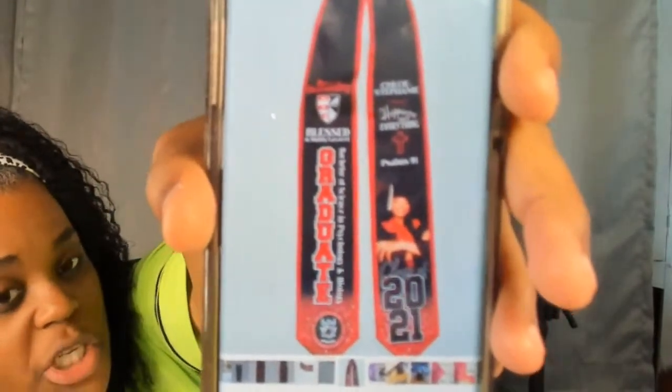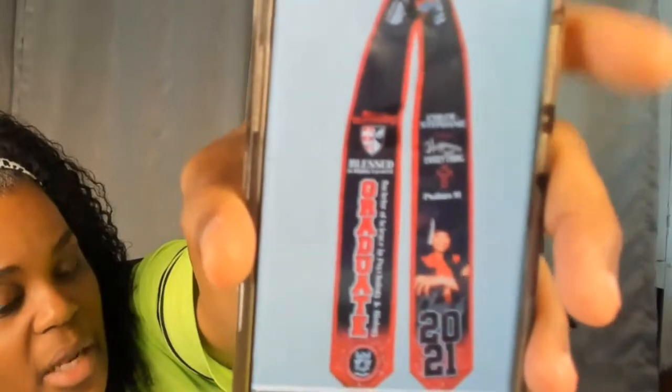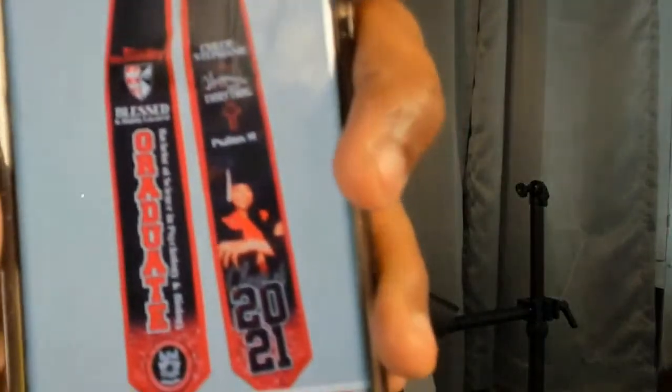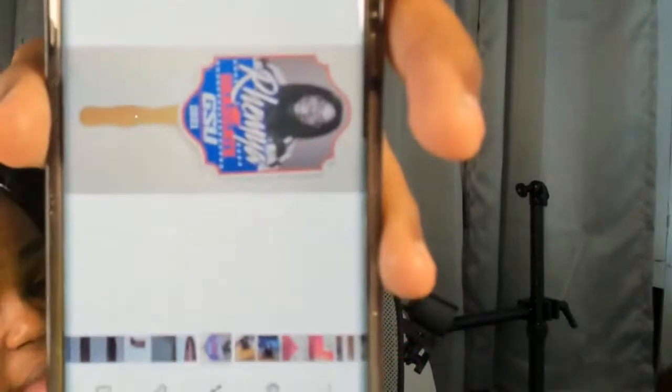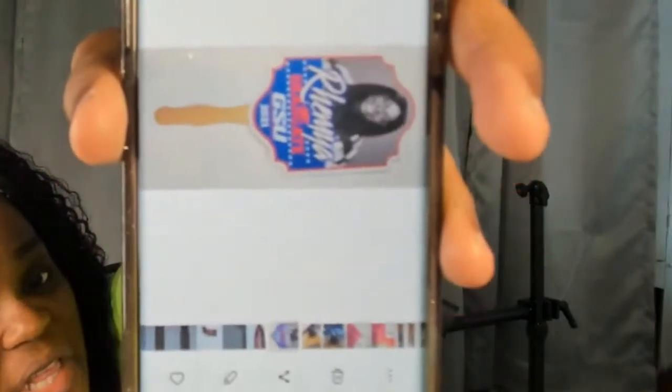The colors just changed. Her name. And then it was like, what was that say at the top? Happiness over everything. And then Psalm. And then my signature thing is to put their mascot kind of faded in the back. Her fan, same fonts, same everything, same color scheme. I just put a different picture in it.